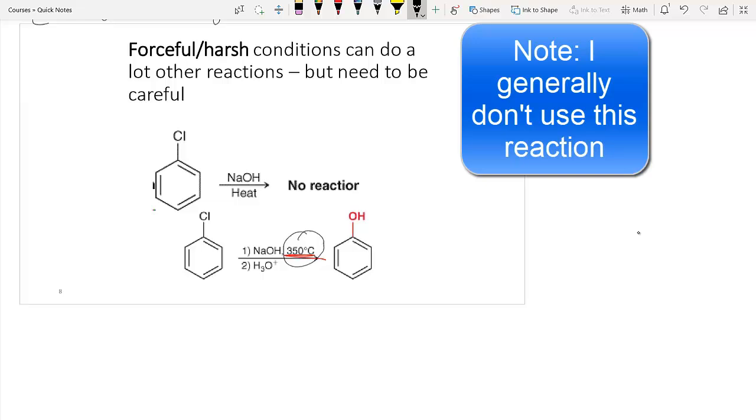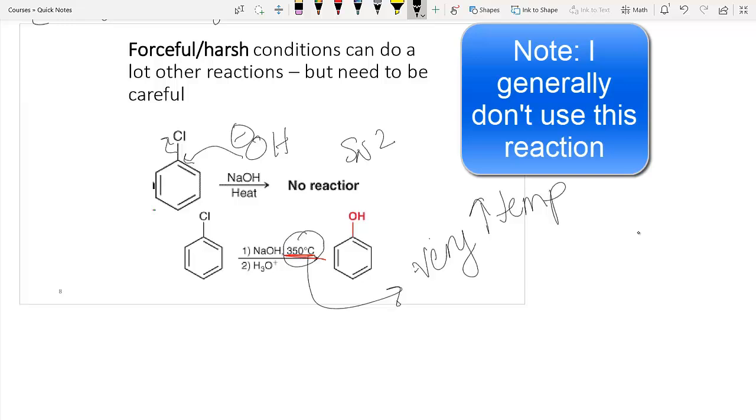So if I took, for instance, hydroxide to do a substitution, you learned in Organic 1 that this does not happen. And in fact, this reaction doesn't work as an SN2 reaction, but there is a similar type of reaction that can happen where the OH attacks and kicks out the leaving group. But the only way that this mechanism can happen is at very harsh conditions, very high temperature, sometimes very high pressures. And so this addition elimination reaction,